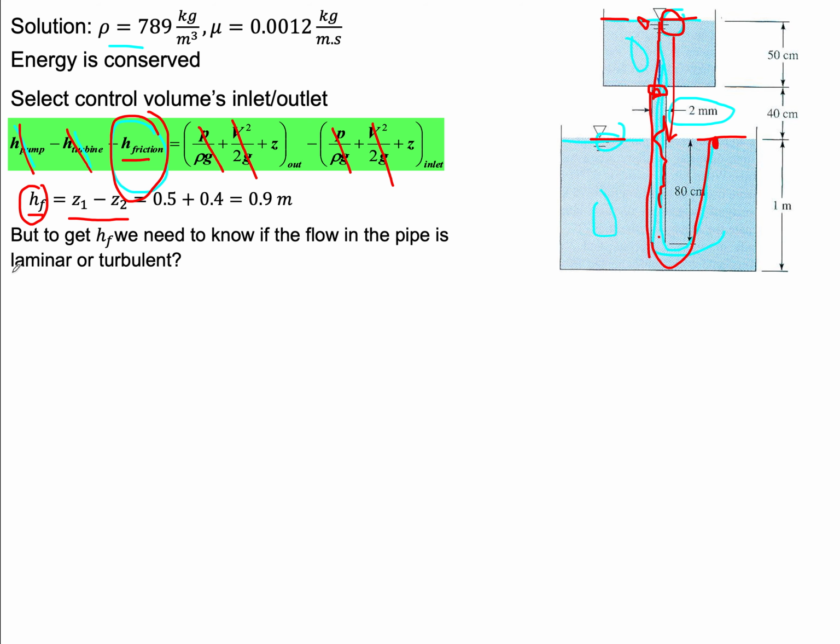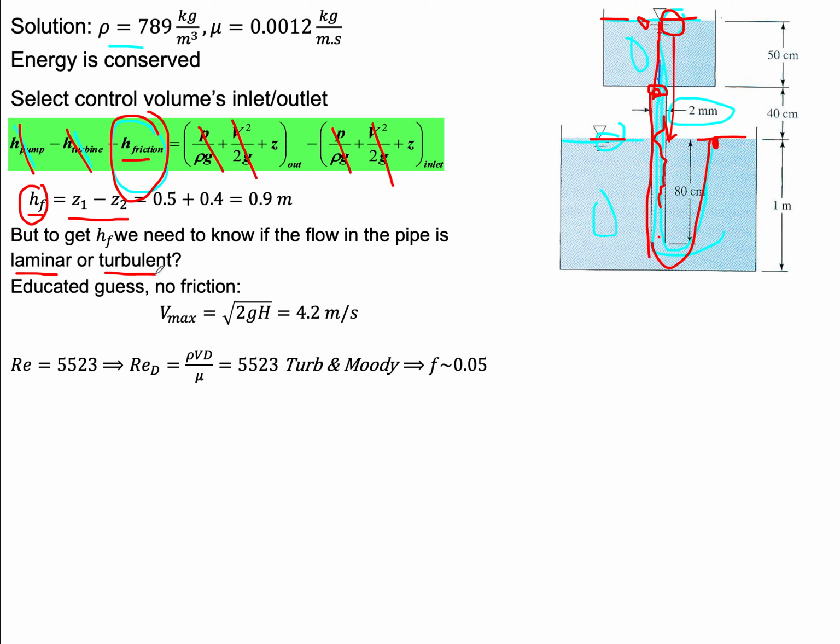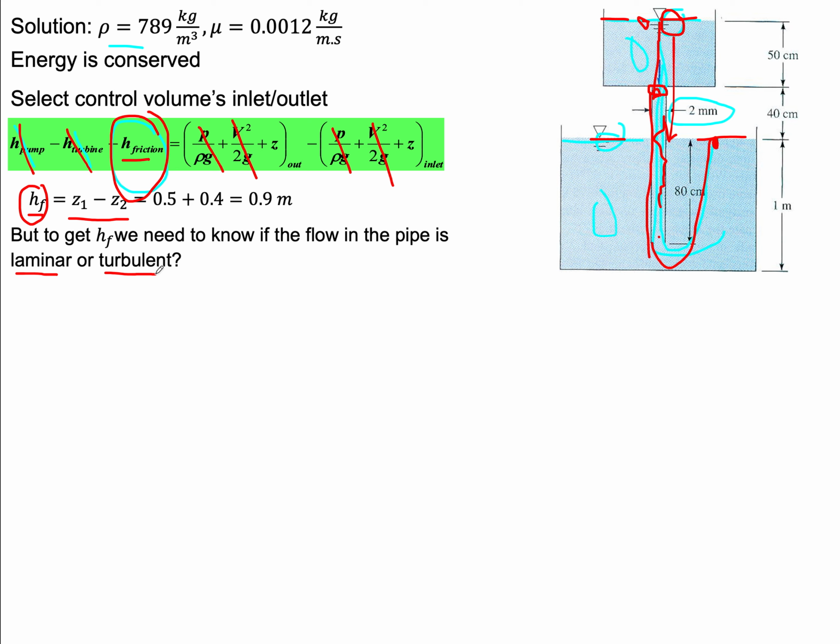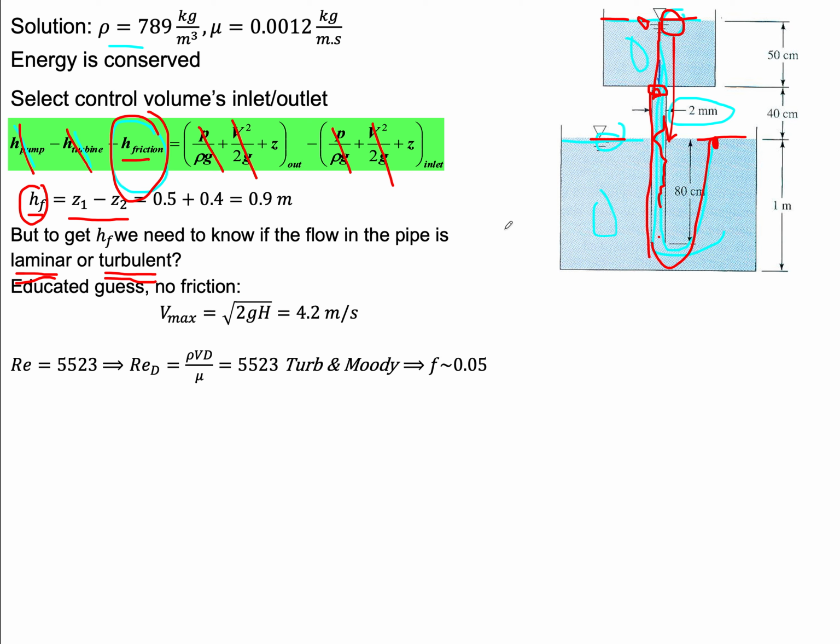So if we don't know the velocity, we wouldn't know our Reynolds number, and we wouldn't know whether the flow is laminar or turbulent. So we need to guess our flow regime, whether it's laminar or turbulent within the pipe. And there are multiple ways of doing that. You can just come up with a number out of thin air, but that's not the best way of doing it. Here, let's take the case where I don't have friction. And we know from Bernoulli that the maximum velocity